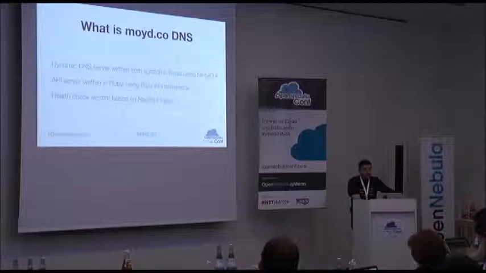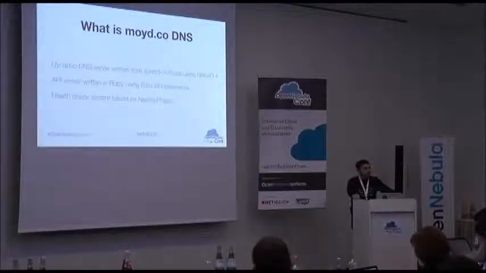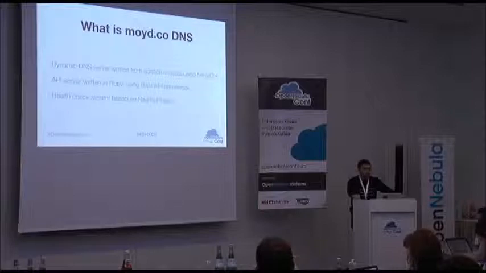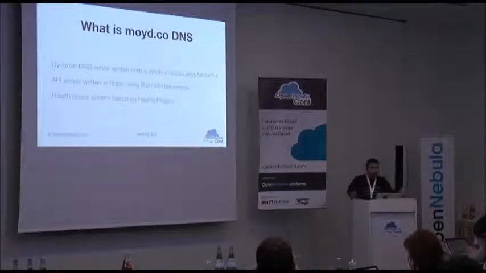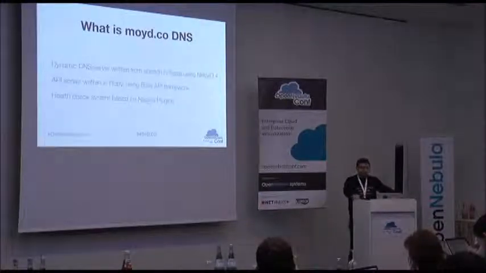This was the moment when we started thinking about creating a multi-data center architecture, and how to orchestrate the traffic between our POPs. At Moi.co, we created an advanced DNS server similar to Amazon Route 53, which is released on premises. Now we are creating a cloud edition for resellers, and we actually use OpenNebula to manage this infrastructure.